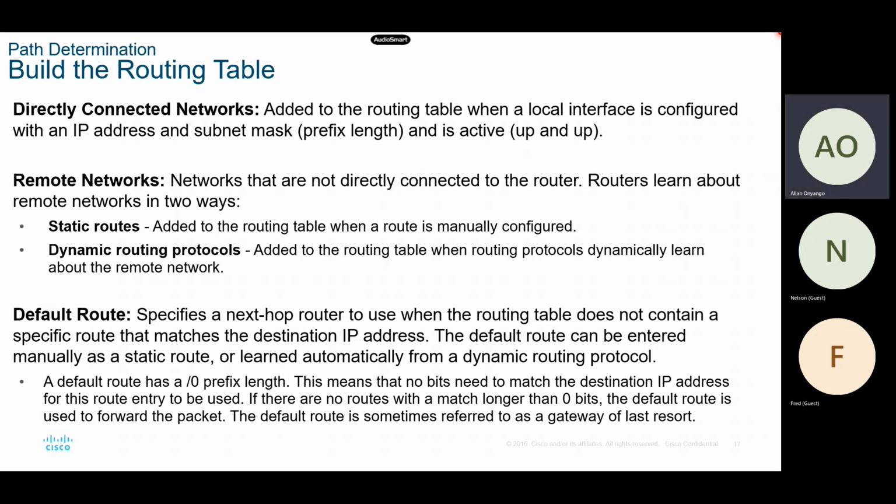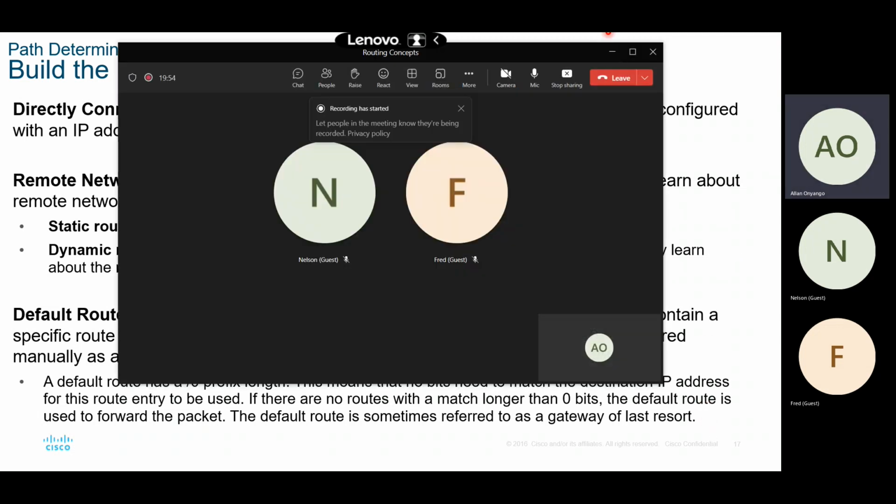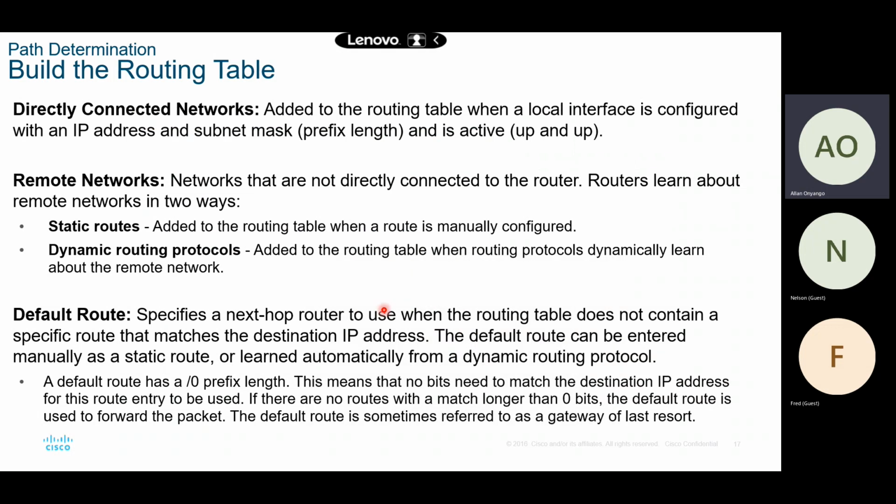The first way is the moment you configure an IP address on a router interface, okay? The moment you configure an IP address on a router interface, and you activate it using the no shutdown command, okay? Automatically,